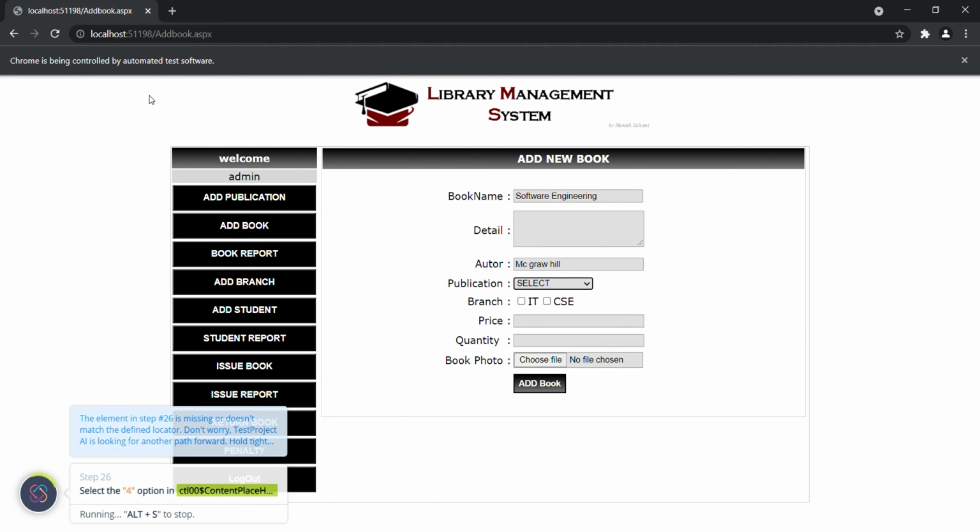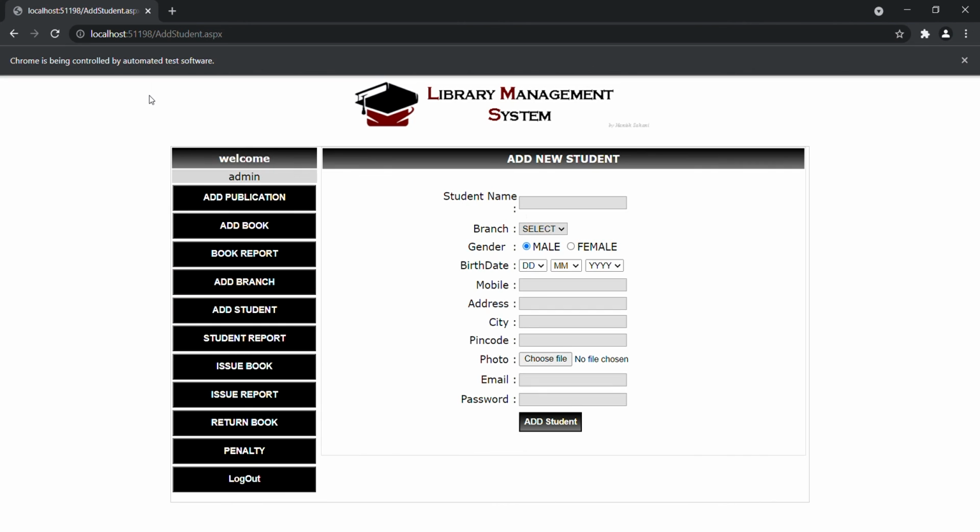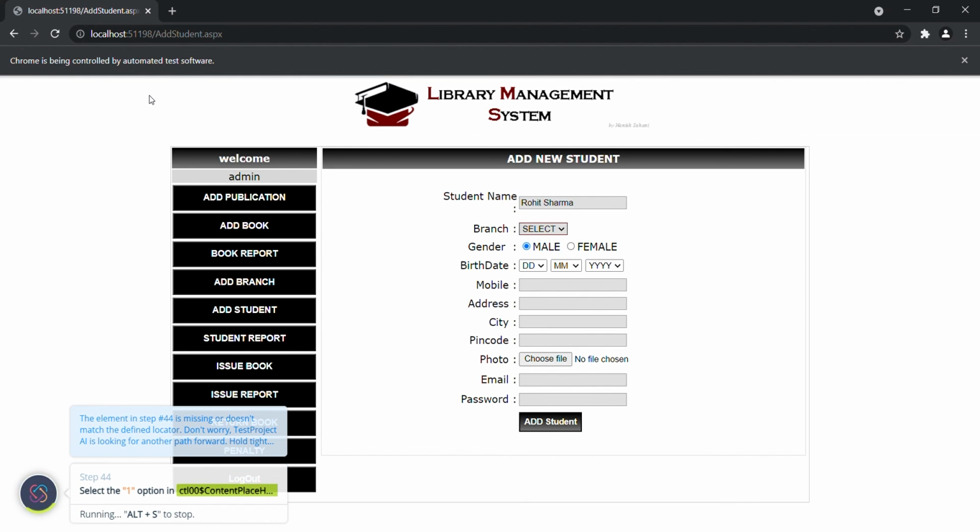Now it is working. Now we can view the book, and all the steps we have seen previously when I was running are working here. So now I will stop the test.